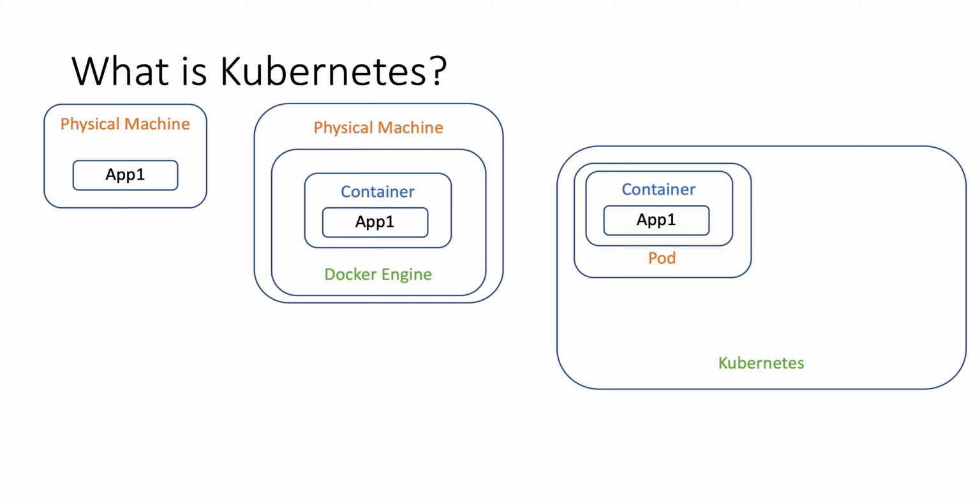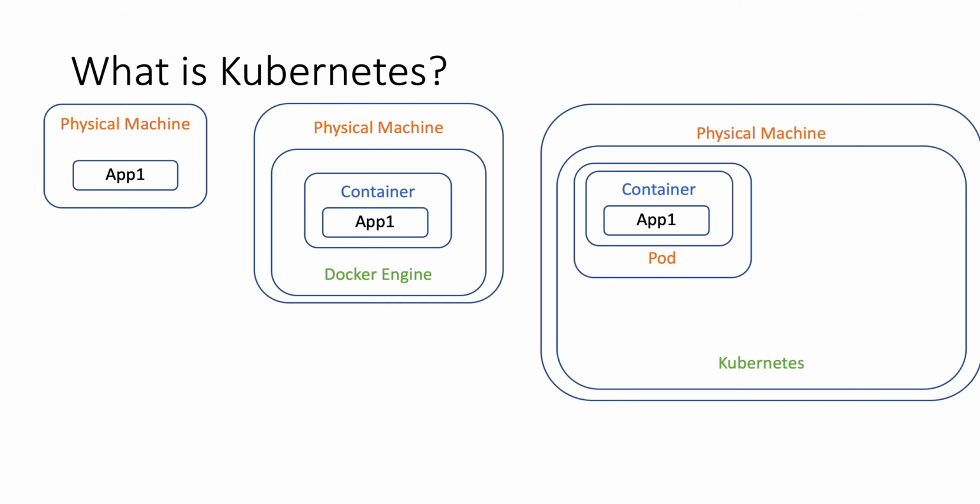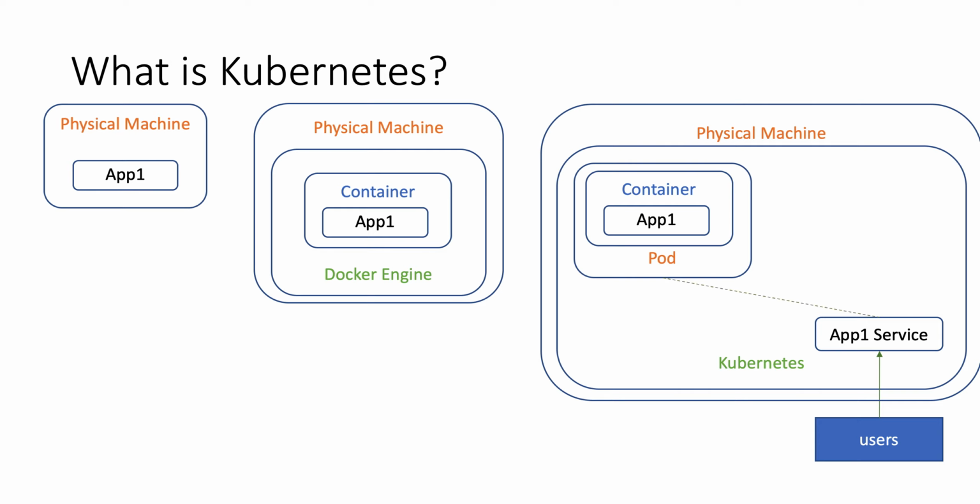You can have a configuration where you say the pod is up all the time, and you can say I want 10 pods instead of one pod. That way you will have 10 pods running and 10 instances of your application running all the time. And how about accessing this pod? For accessing this, Kubernetes has a service concept where external clients do not access the pod or the container or the application directly. They access the service. They come to the service, and the service will take them to the pod,